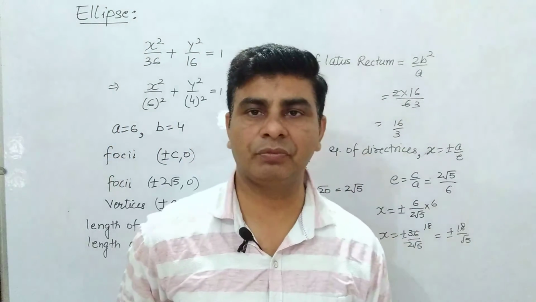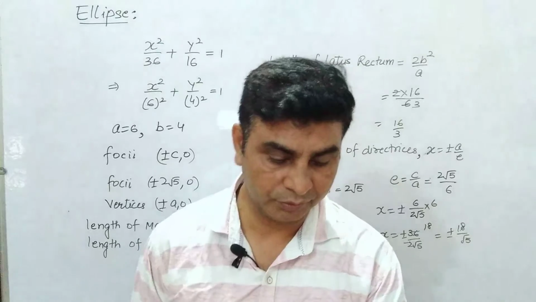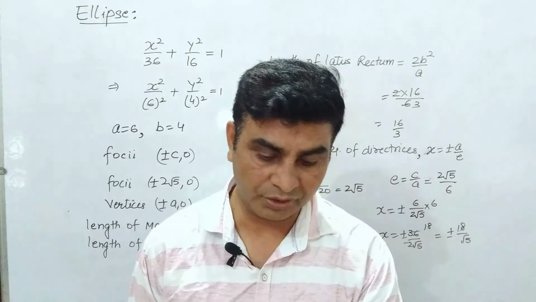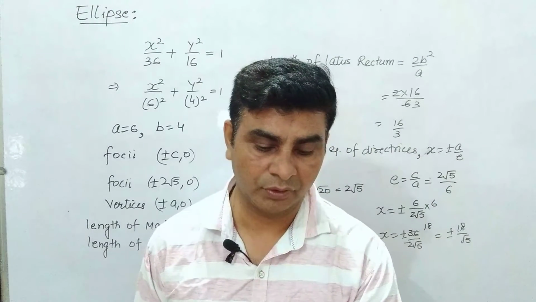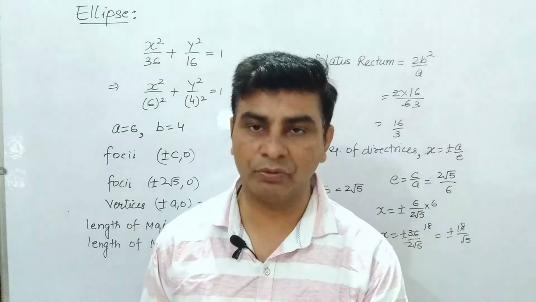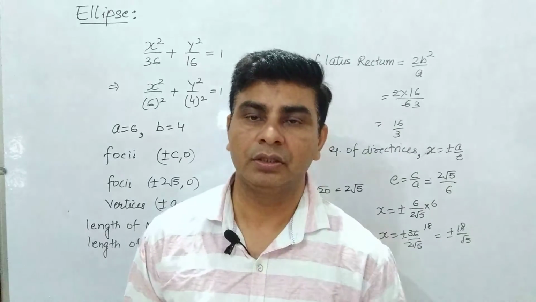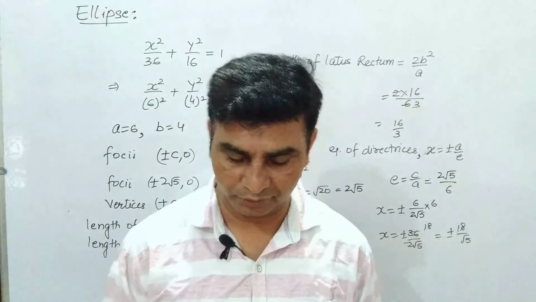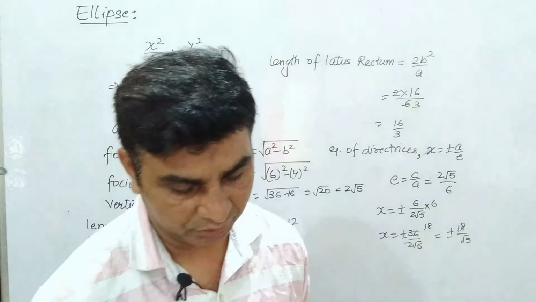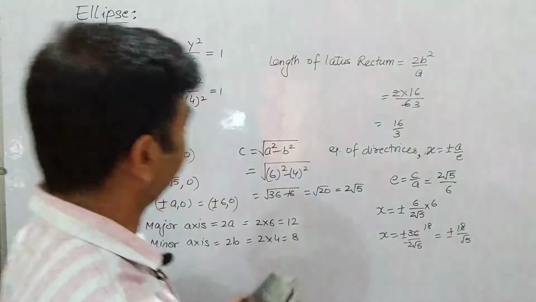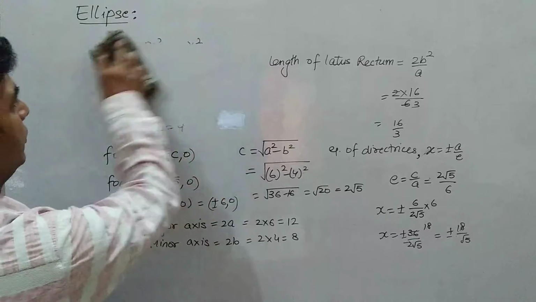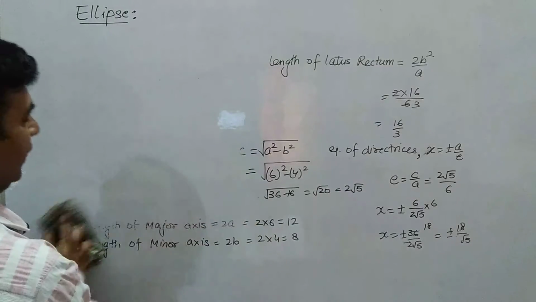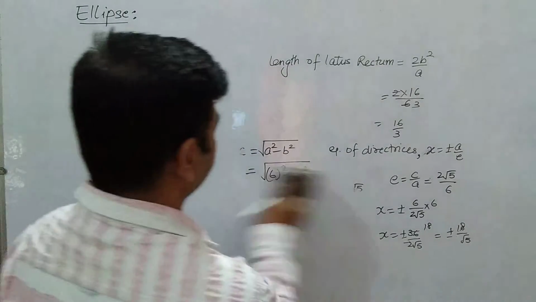So this was question number 1, my dear students. Questions second, third, fourth, fifth are all the same kind of question. Let me do one more question, which is an example of a vertical ellipse, and this is question number 4. Let me do question number 4 now. The second and third questions you can do by yourself.